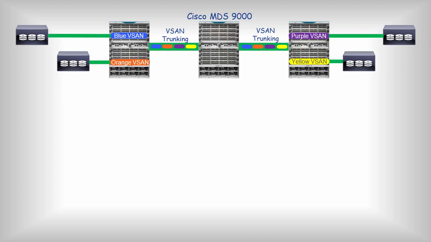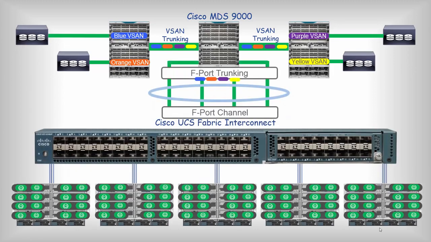You can have vSAN trunking between Cisco MDS switches and fabric interconnects running in end-host mode. This configuration is called F-port trunking. The server vHBAs can be directly assigned to the vSAN on the fabric interconnect,